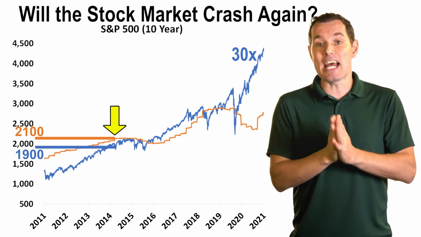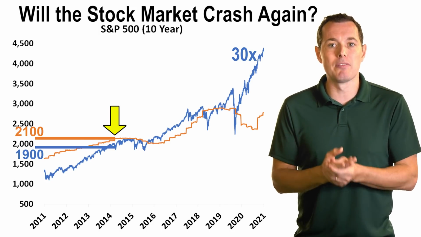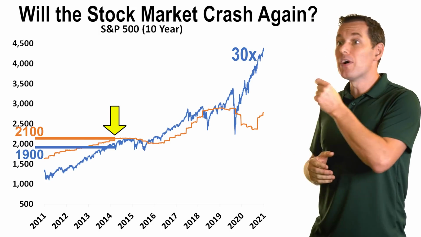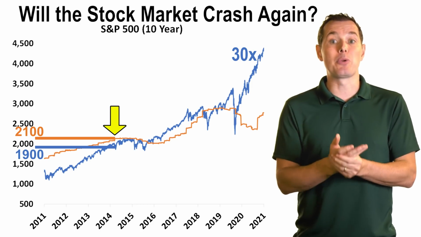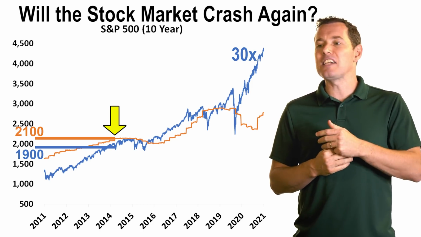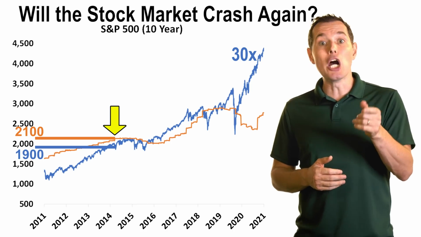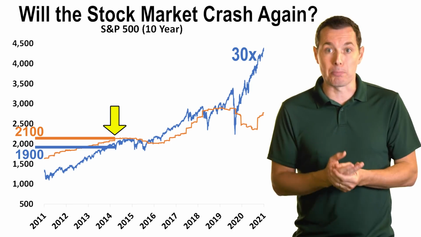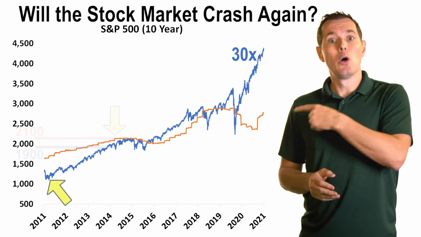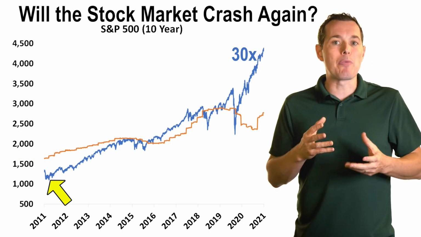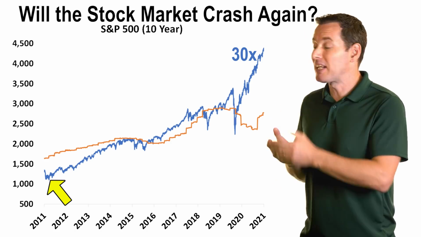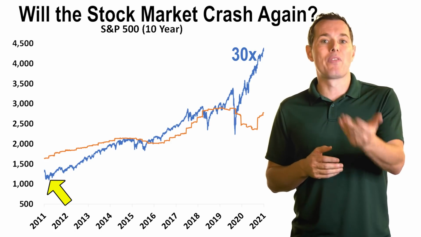So if we believe that 19x is a reasonable level to use, well then when the blue line is below the orange line, this is a great time to jump into an investment, something like an S&P 500 ETF, something like VOO or SPY. Both of those are pretty good. Of course, back here, when the gap is bigger, the wider the gap, the more undervalued the stock market actually is, because we would have bought that way below the 19x.